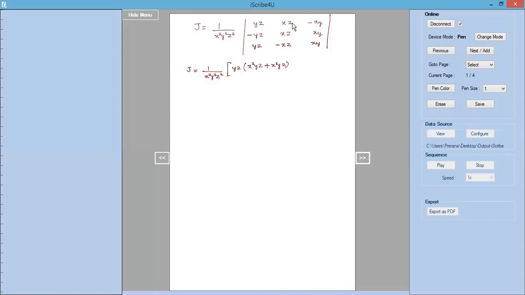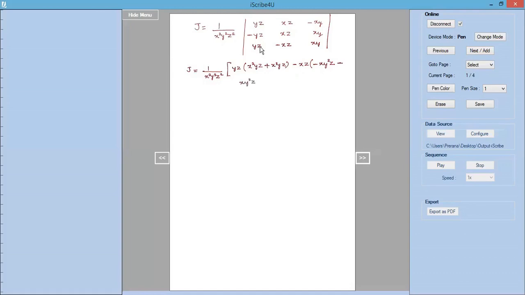The middle term has minus xz multiplied by minus yz into xy. So that gives us minus x y square z, minus x y square z, and product this again xy into yz. Xy into yz again gives us xy square z, and while expanding determinant there is a minus sign, so minus